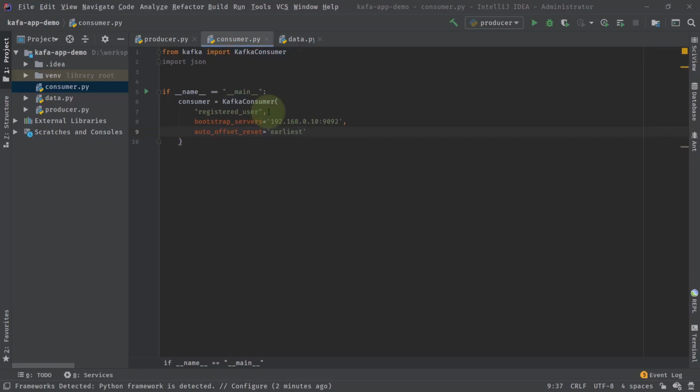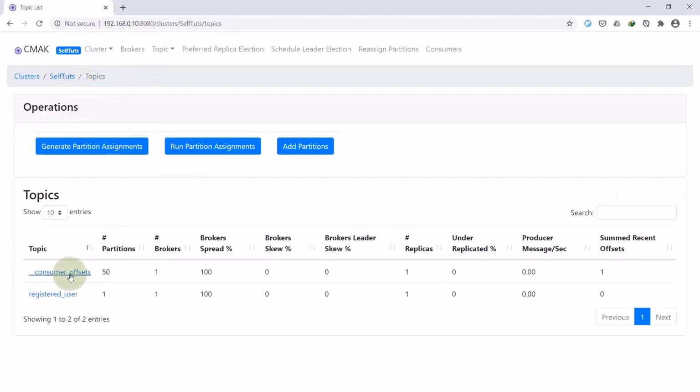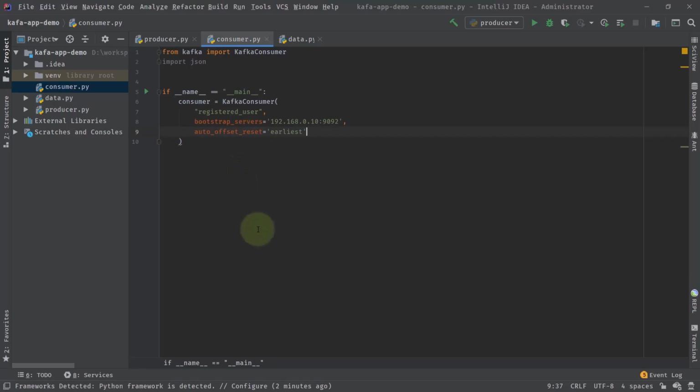There is a consumer offset topic inside Kafka, created by default, and it stores the consumer offset for every partition which has been consumed by the consumer. So basically, when the consumer starts to consume the message, what will happen?